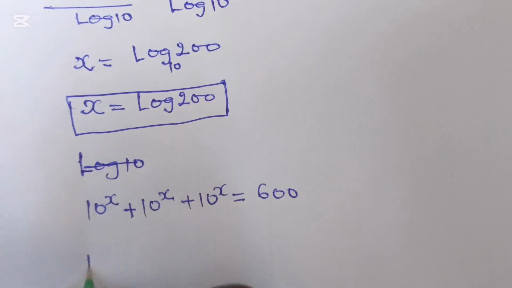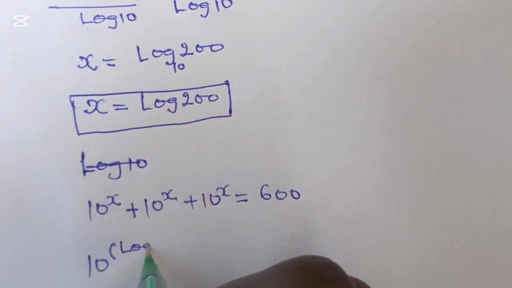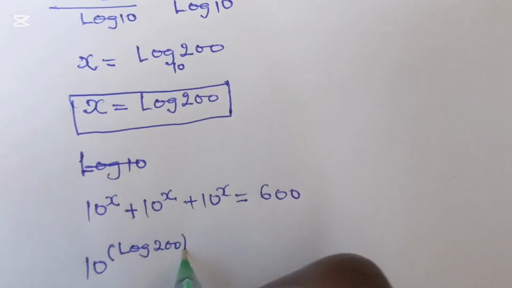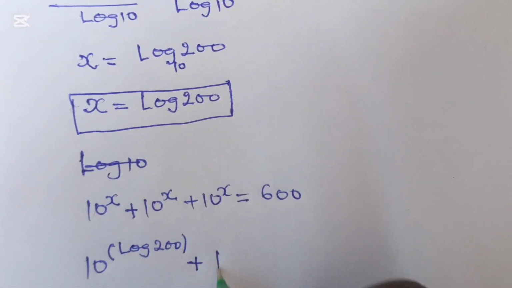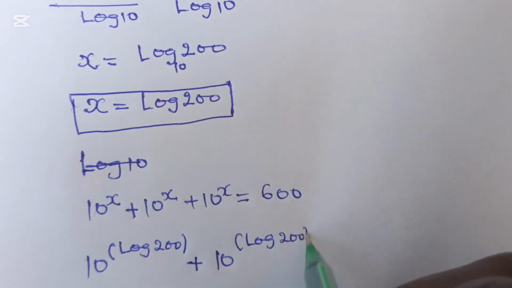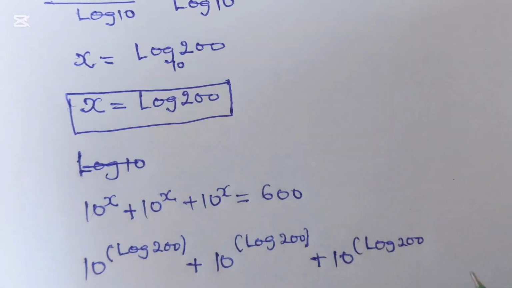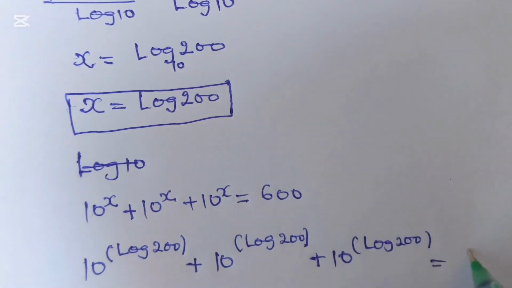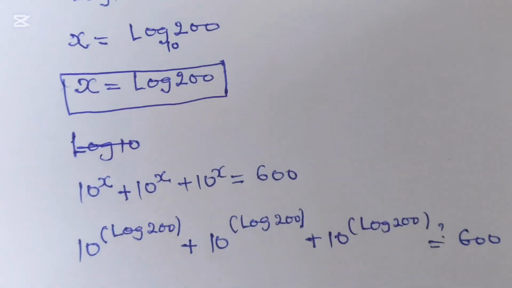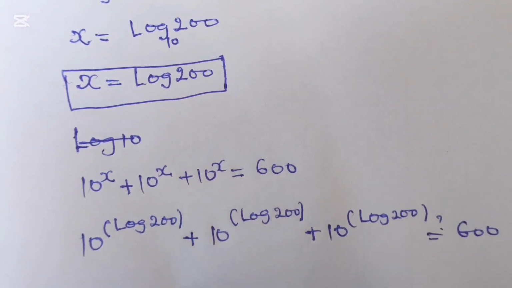Then here we have 10 to the power logarithm of 200, plus 10 power logarithm of 200, plus 10 power logarithm of 200 to be equal to 600? And of course here we have to apply this law when you have